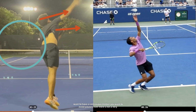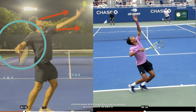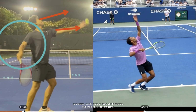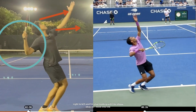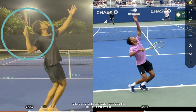Now there's not a very extreme pause, which is one thing that I've worked on a lot. However, we want to make sure it's a continuous motion and avoid pauses. So that might be something I could work on even a little bit more, but one positive is I am going right to left, and I'm also leading with the elbow as I move into the racket drop. So at this position, moving into the racket drop properly,